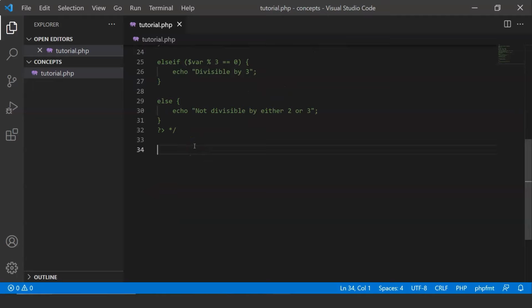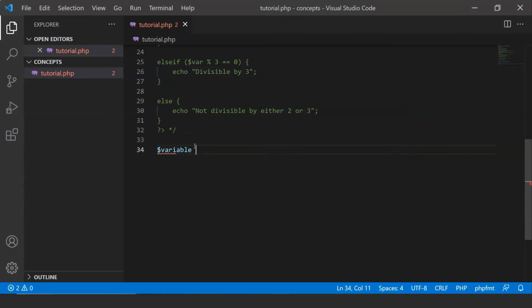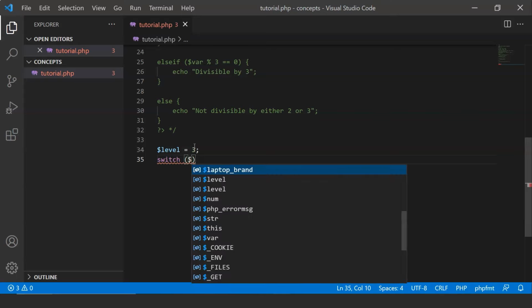So what we need to do is type in switch. Okay, first we need to create a variable. Suppose, let us name it level, and level is 3. To create a switch statement, you need to type in switch and enter the name of the variable that will be passed into the switch statement to check for the conditions. Level,